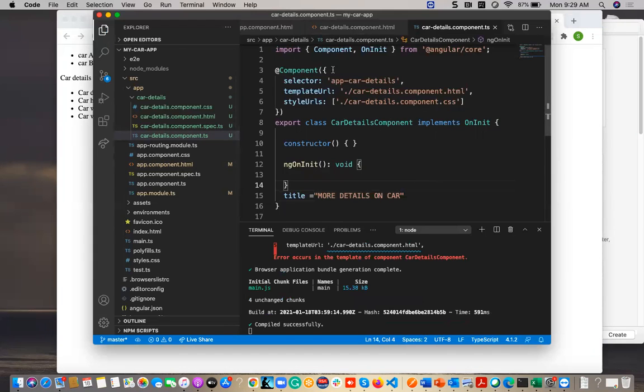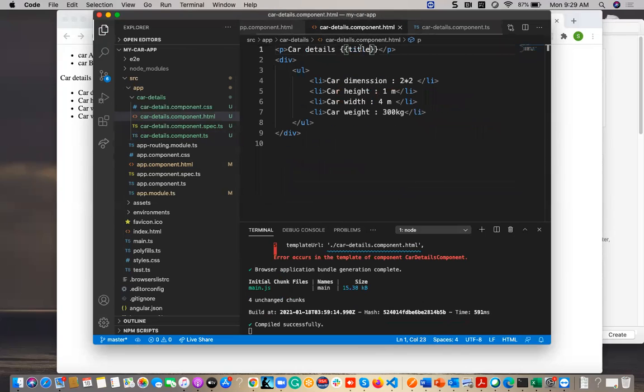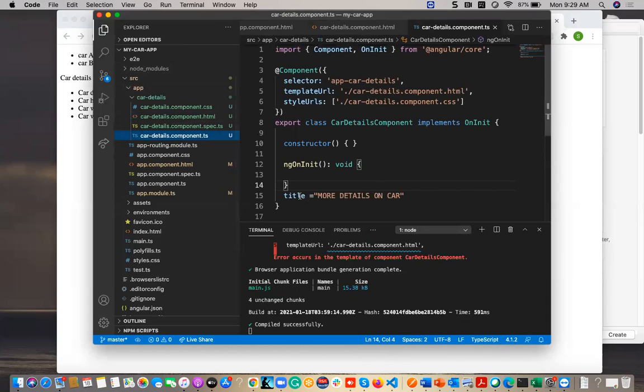Okay. So you can bind a data. Okay, this is called string interpolation. The string interpolation will happen by giving two flower braces starting, two flower braces ending. Likewise you will call some variable in your application from the TS. I mean, here from TS I created title, more details of car. I want to call this variable to my HTML.